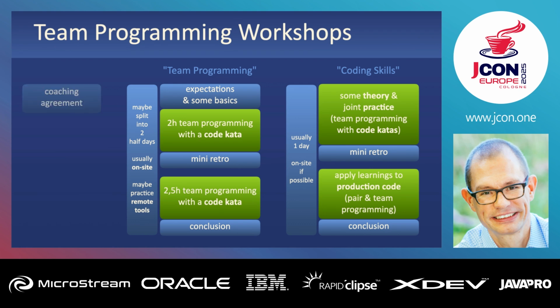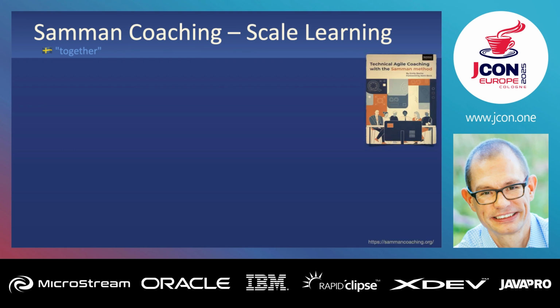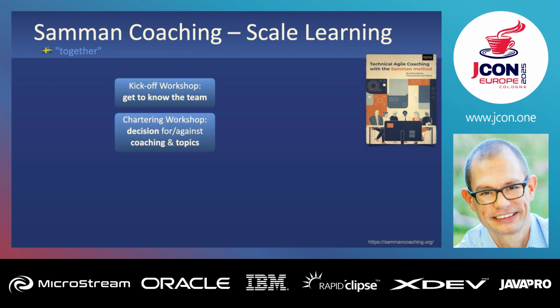And the last one, and I think I'll be 1 or 2 minutes over time, is about Samman coaching, about scaling learning. Samman is Swedish for together, written about in the book Technical Agile Coaching with the Samman Method by Emily Bache. And she describes this structure. We do a kickoff workshop to get to know the team, what technology are they using. Then we do a chartering workshop, what will the coaching be about, and the team can decide for or against the coaching. They can decline the coaching, but if they decide for the coaching, we'll talk about the topics covered,